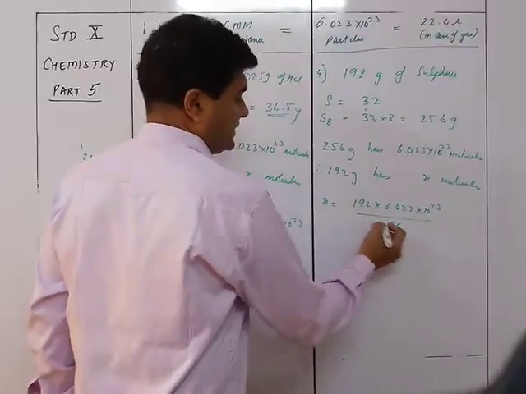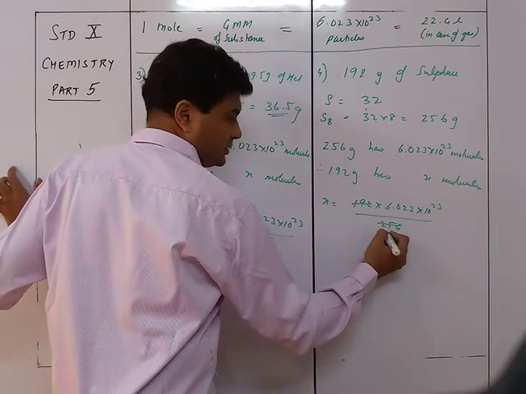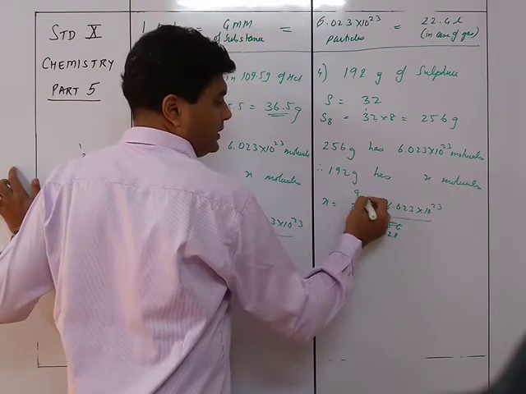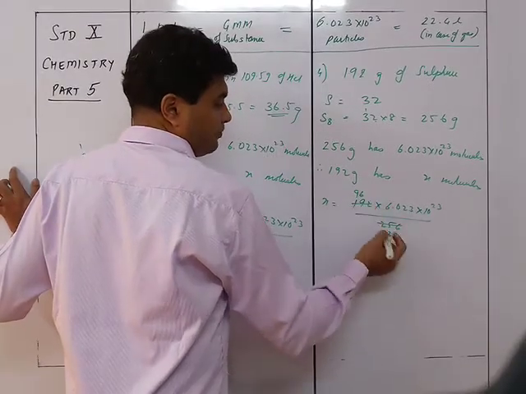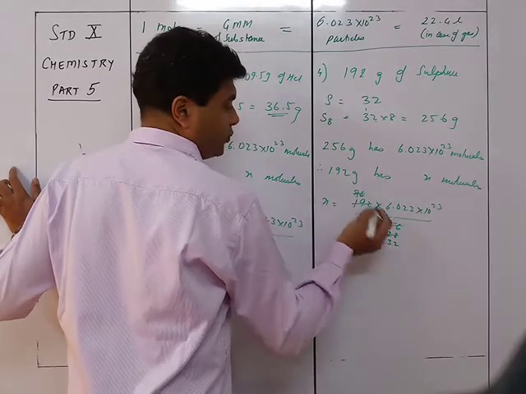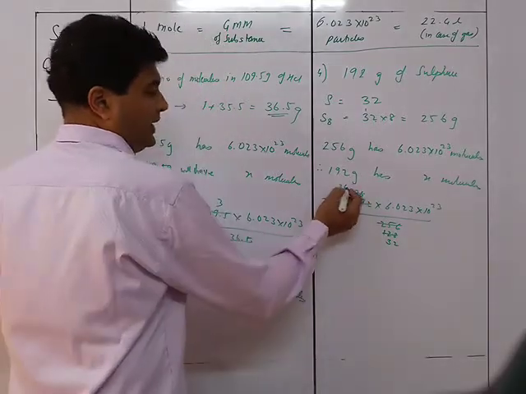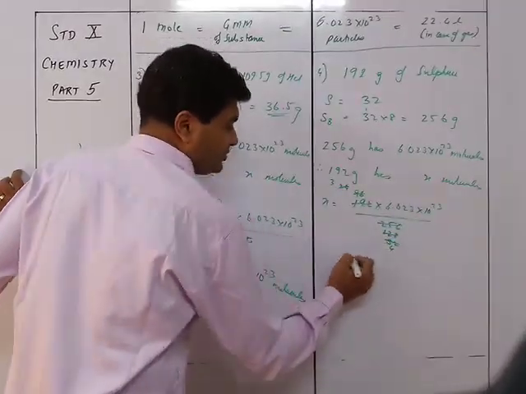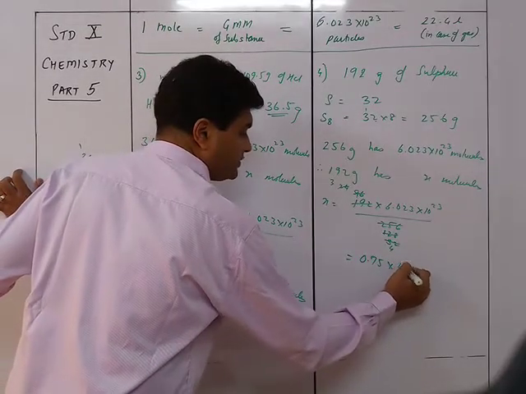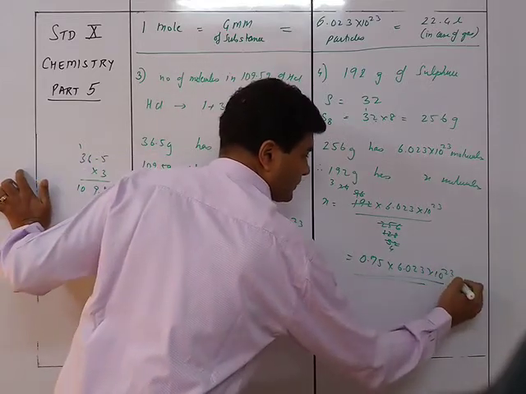Now 256 is there, so this will be going as 128. This is going to be 96. Again, then 4s are 4, 3s are 32, and 4 2s and 4 4s 624. Yeah, 8 3s, 8 4s. Yeah, that is equal to 3 upon 4, which is 0.75, into 6.023 into 10 raised to 23 molecules.